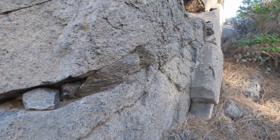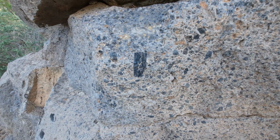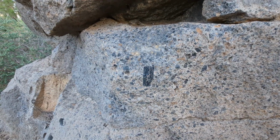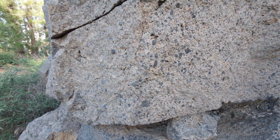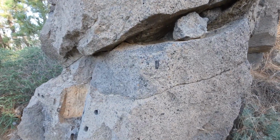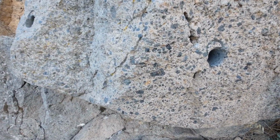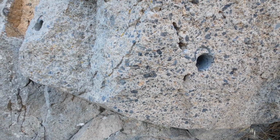And one of the explanations for this is what's called flow differentiation, and that is that big crystals are bouncing off the margin of such a dike, of such a flow, and they're kind of bouncing into the interior, and that's where they get stuck. Now, this has been experimentally tested with particulate flow. So this is a reality, the process is real, and this might actually mean that this is the key explanation